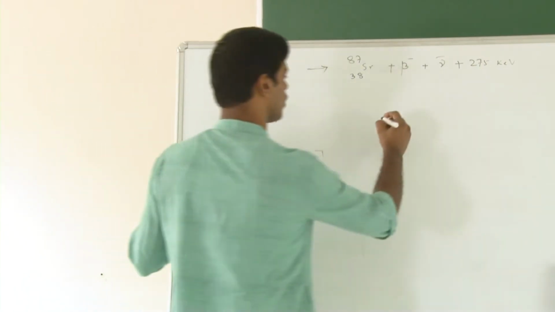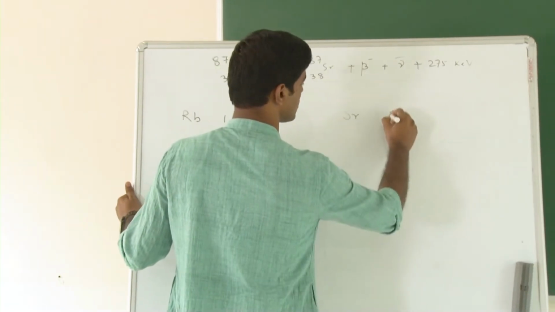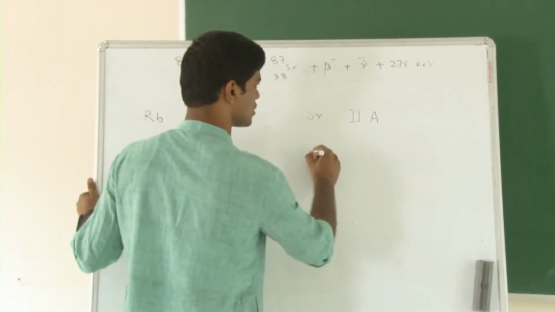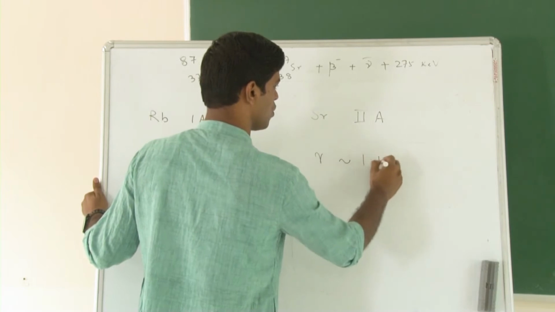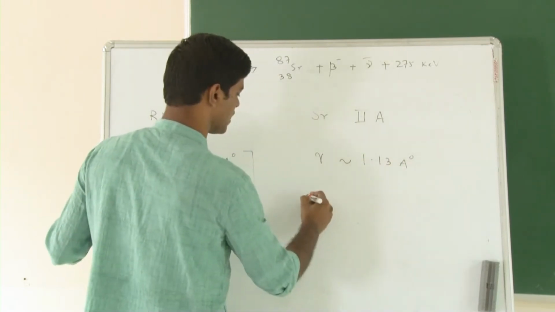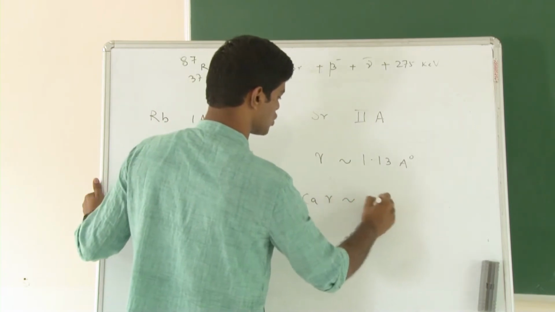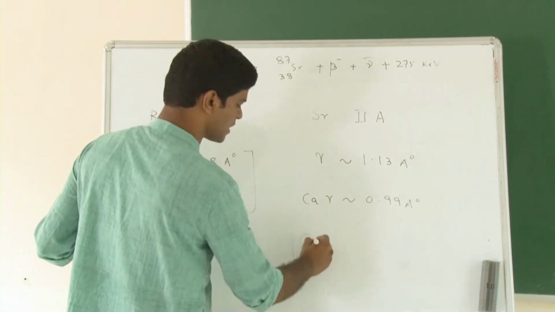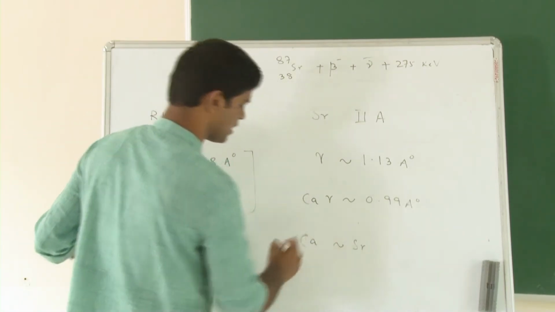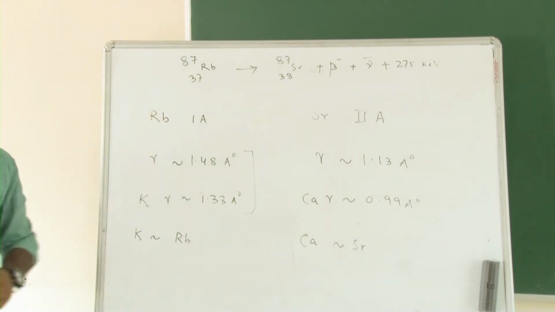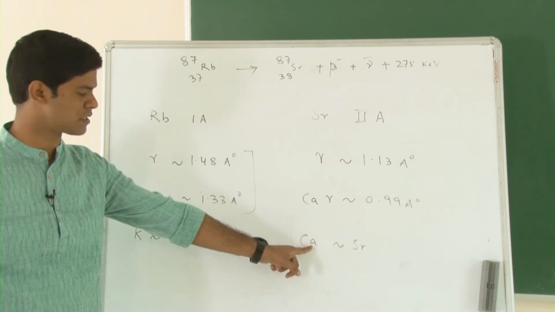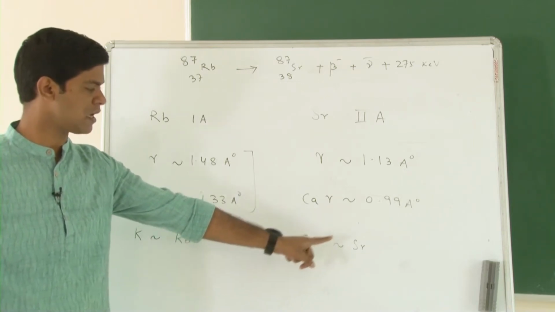In the same way, if you look at strontium, strontium is an alkaline earth metal, group 2A, and the ionic radius of strontium, which is 1.13 Angstrom, matches pretty well with that of calcium, which is 0.99 Angstrom. So, in a calcium-rich mineral you are likely to get more strontium. The main reason is they have similar ionic radius and oxidation states, and hence they can replace each other. Often you find that calcium-rich minerals like the carbonates, apatites or calcium plagioclase are likely to have more strontium.